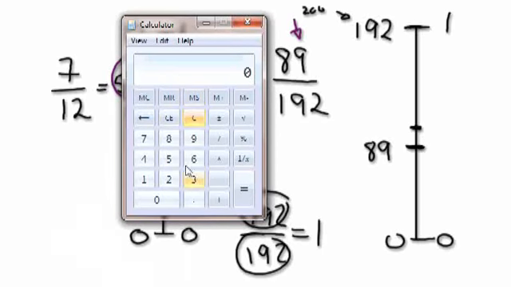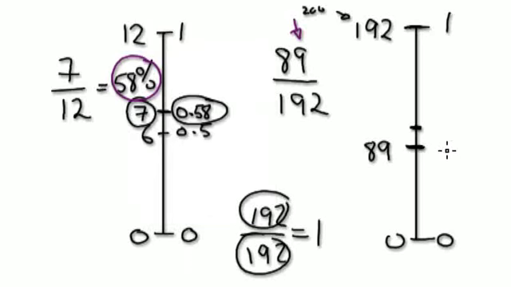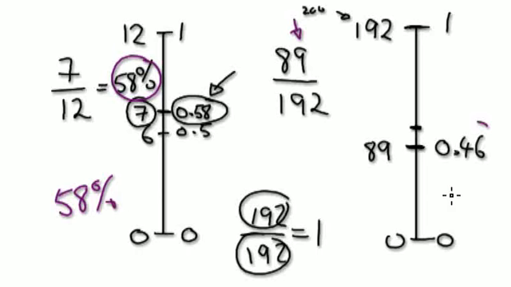Get a calculator out, and 89, whoops, 89 divided by 192 equals this. Equals 0.46. 0.46. Well, you can see that. Well, this is 58. Well, if you tell your mum and dad you got 58% over here, and you got 46% over